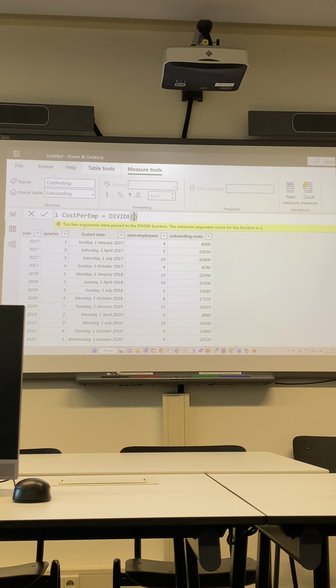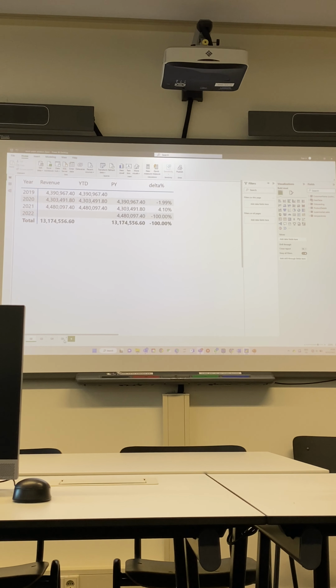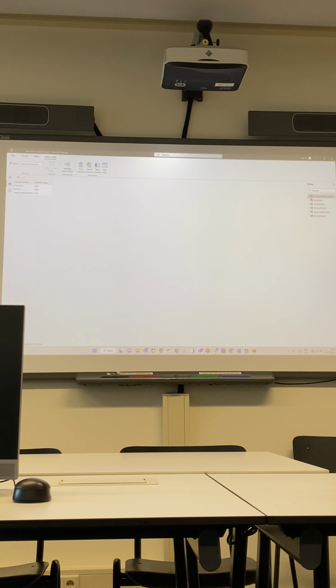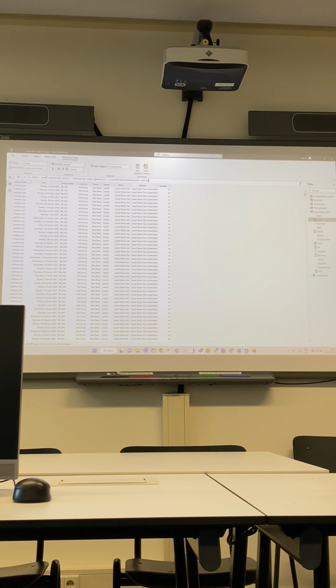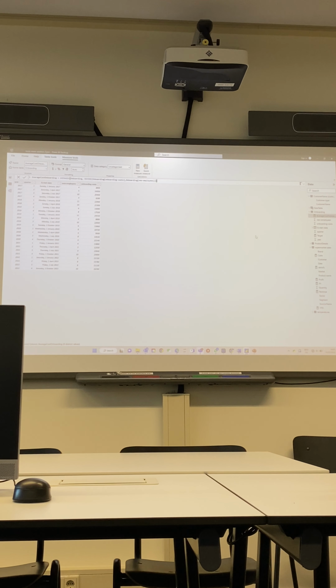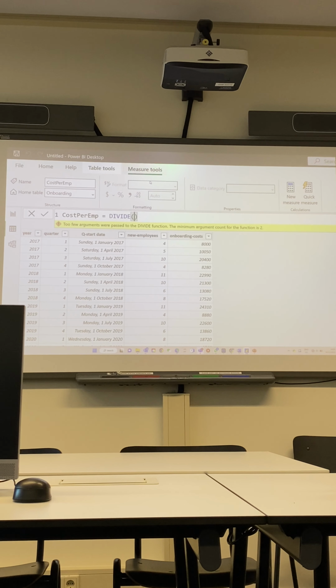Let me quickly check my answers. Wait, but that's average X. Onboarding cost divided by onboarding new employees, right? Which one? Average X, no? Did I put it in? Oh, here. Average cost. Oh, it's average. Average X onboarding, divide onboarding cost and after that divided by the onboarding new employees, right? So average,